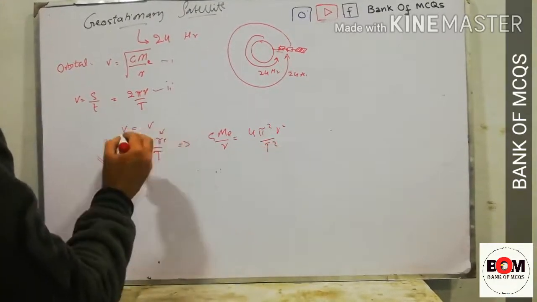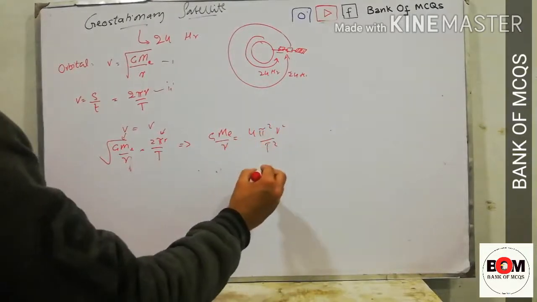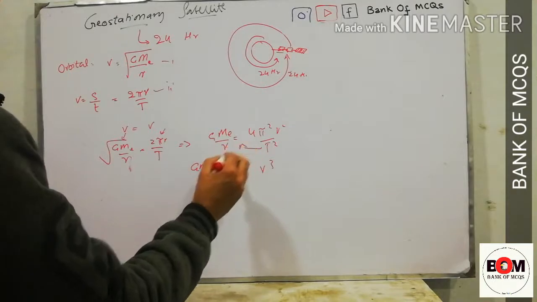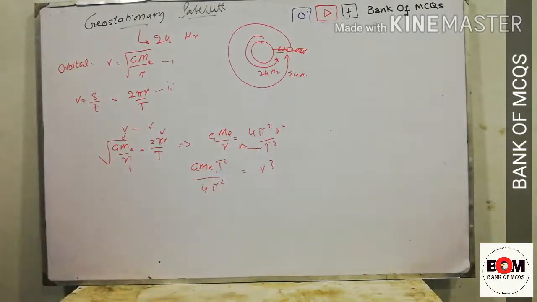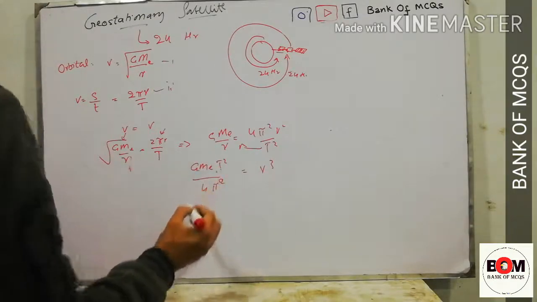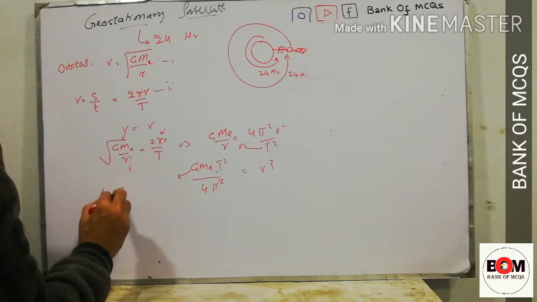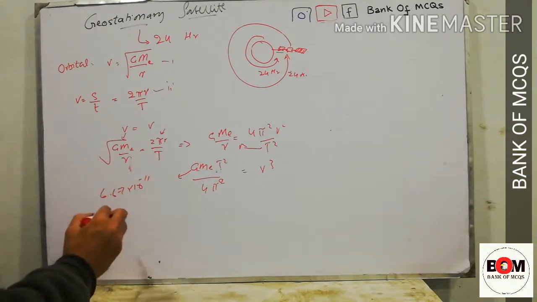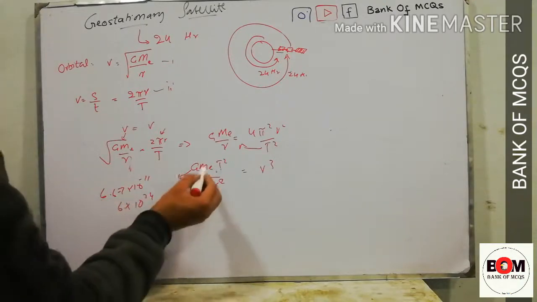So R cube is equal to Gme into T square divided by 4 pi square. Putting the values of G, where G is equal to 6.67 multiplied by 10 to the power minus 11, and the mass of earth is 6 multiplied by 10 to the power 24,